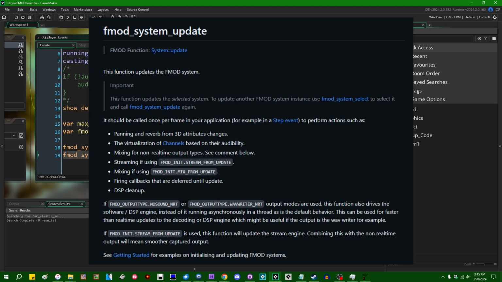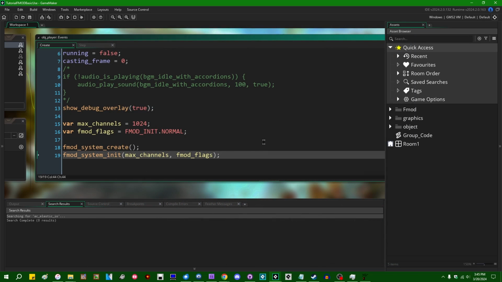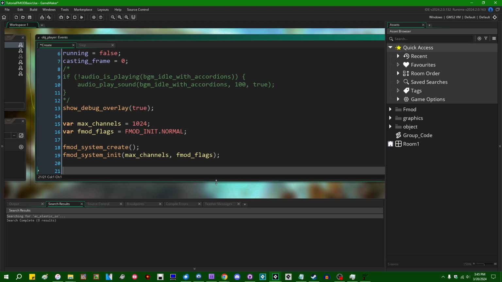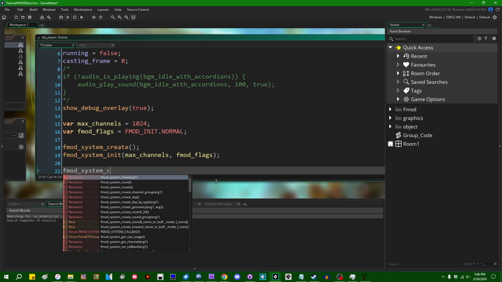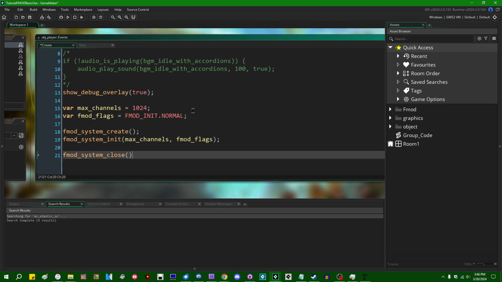If you're not using any of those effects, then calling the fmod_system_update function won't really do anything, but I think it's good to just have that function there from the start just in case you decide to use some of those advanced features later and you don't want to forget to include that function and have them not work. Anyway, there's also fmod_system_close